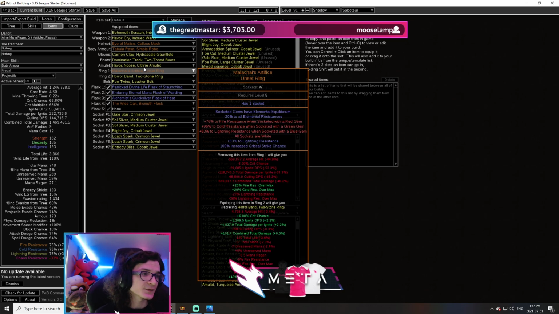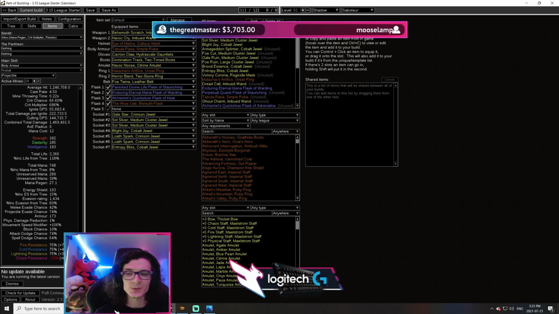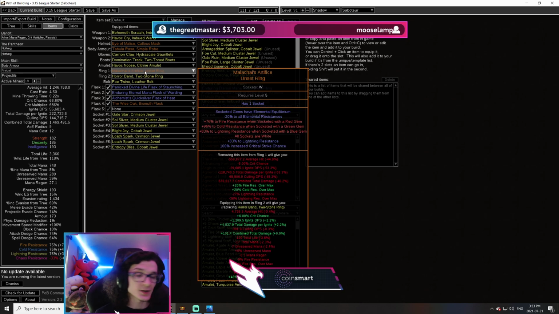All right, Malachi's Artifice is an extremely good ring. I already spoke about why. It also gives you a ton of resistance, 83% resistance for the lightning res. In this case, you could get all the way up to 100. But if you're going to be using a Wise Oak, you do need to make sure that your highest resistance is fire. Okay, another thing that I mentioned that I put on this ring here is